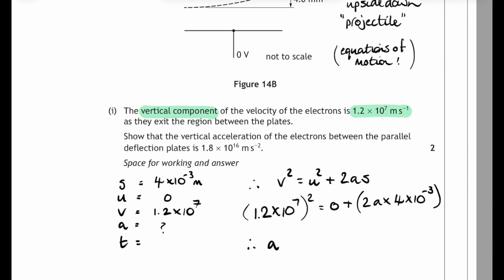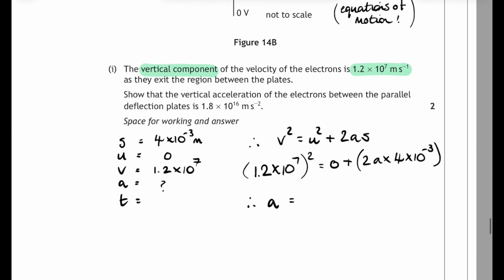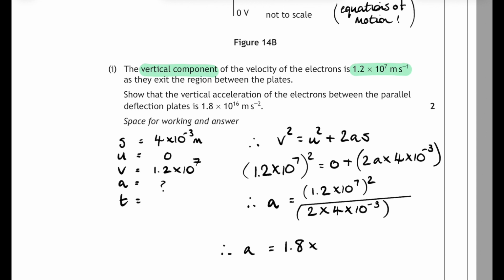Now if we rearrange that for the acceleration, then a will be equal to 1.2 times 10 to the 7 squared divided by 2 times 4 times 10 to the minus 3. And if you do that correctly on your calculator, it'll give you an answer of 1.8 times 10 to the 16 meters per second squared, which is a huge acceleration, and it is a huge acceleration. Plus the fact this is a show question, so make sure you give your answer exactly the same as it's given in the question. Okay,